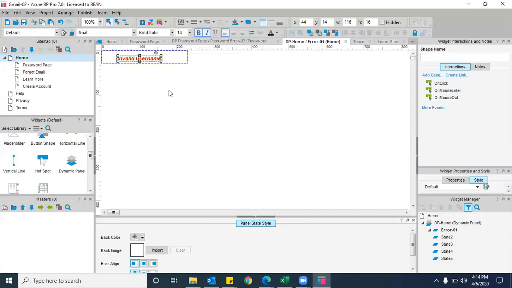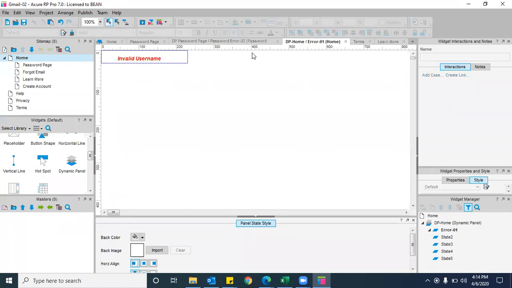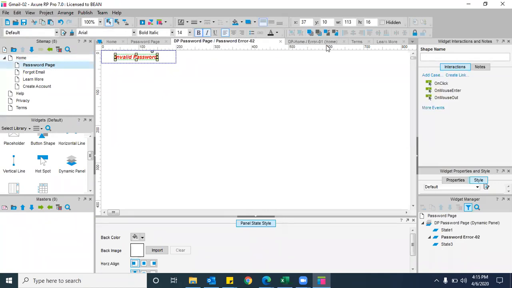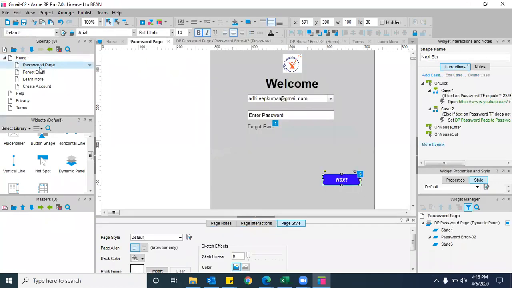So if you want to change this error condition, again we have to go back to that page and change that state and press OK, right? Now you want to change the text here? You can change it in the state like this. See, we have given the error condition for state 2 as invalid username or password, and state 3 as something other condition.